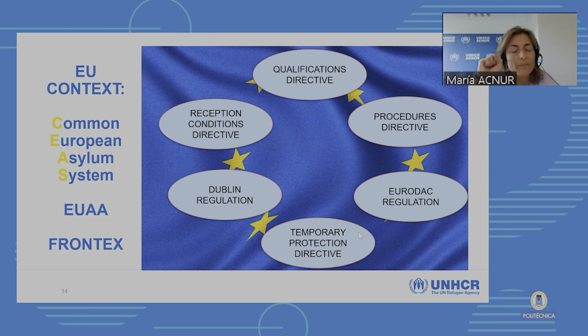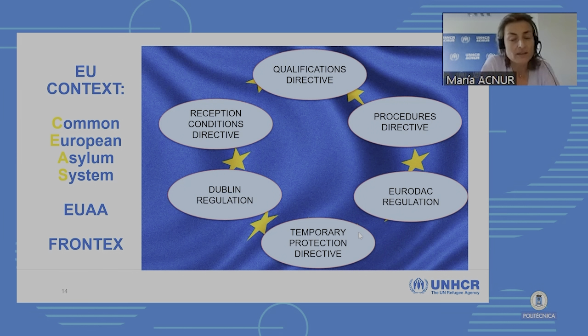So the EU framework establishes that nothing that is established in these directives can go against what is established in the Geneva Convention. So the interpretation of all the European protection regime has to be in coherence with the international protection regime. That's very important. So first we have this qualification directive, which establishes refugee status and the possibility to establish complementary forms of protection, as I told you about the subsidiary protection regime in Spain.